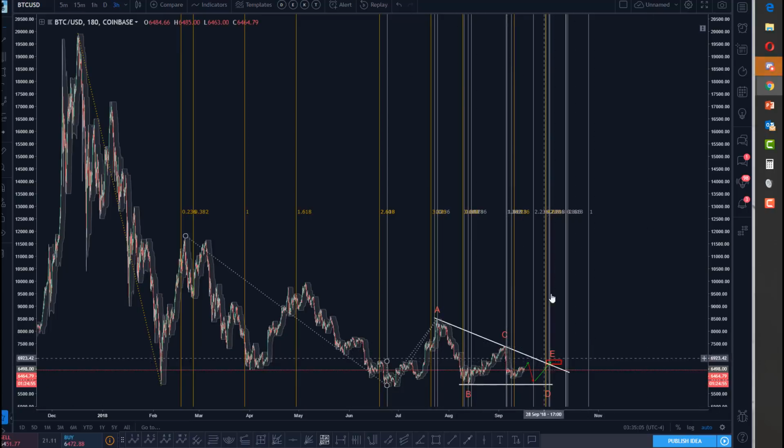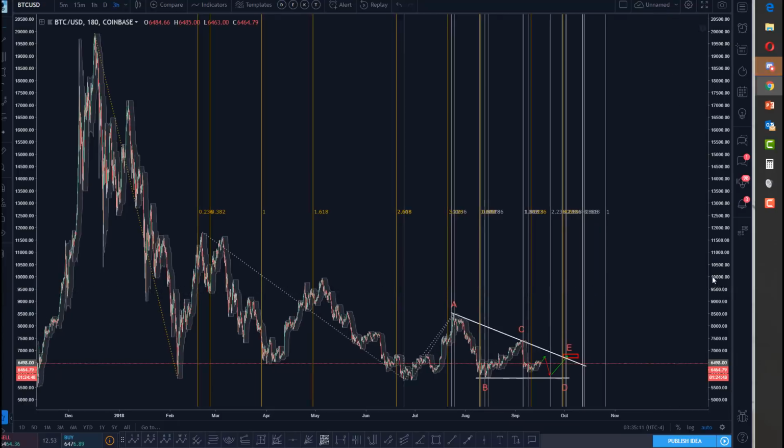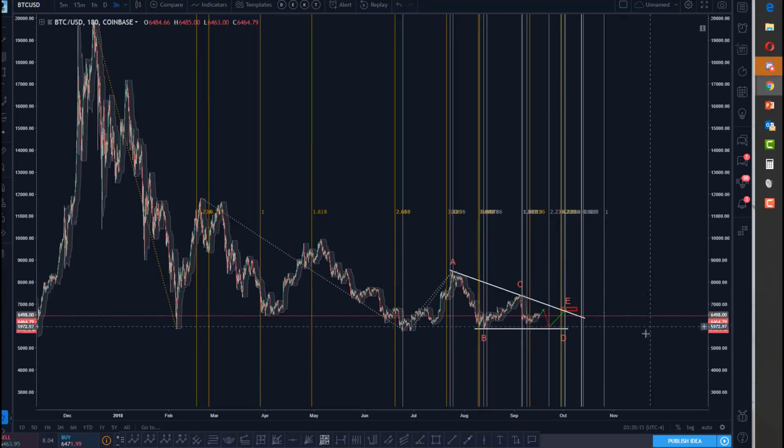Action is going to happen here. Look at this cluster of fibs right there. Whether up or down, we'll see, and maybe I'll update you guys when we get there in a month or two. But maybe it won't take 2 months. But we are close to getting some activity here.